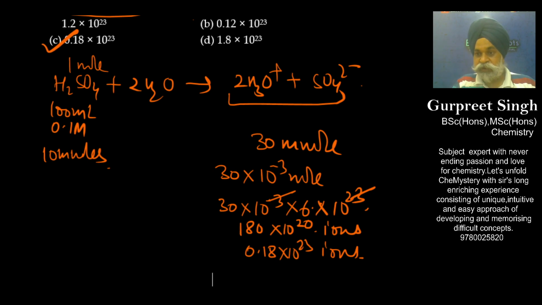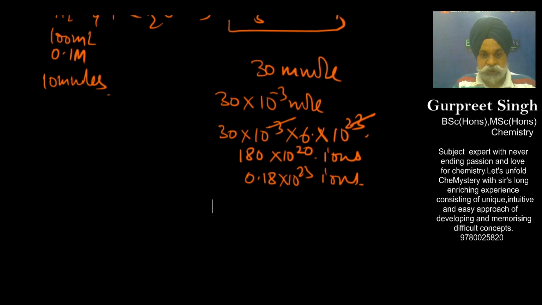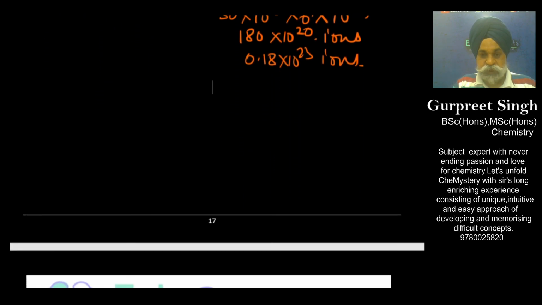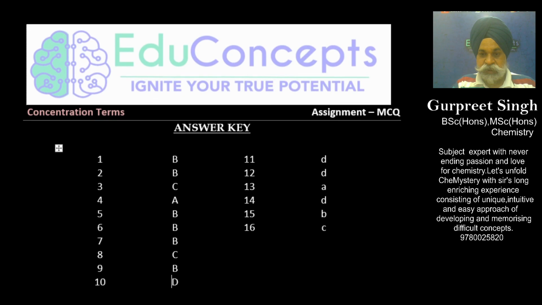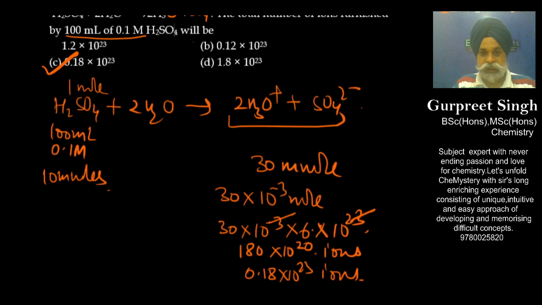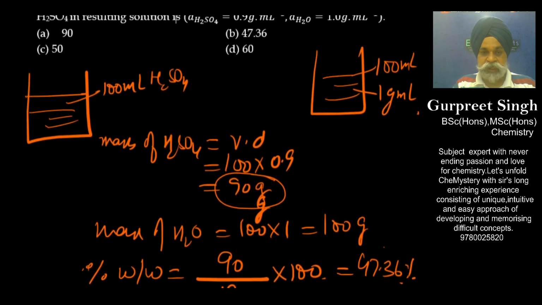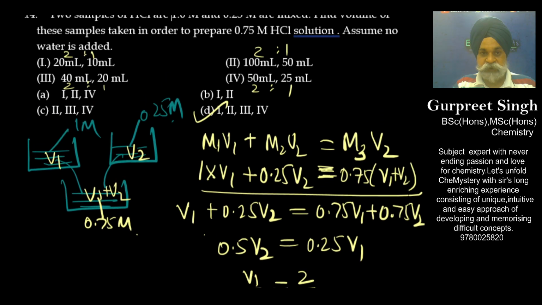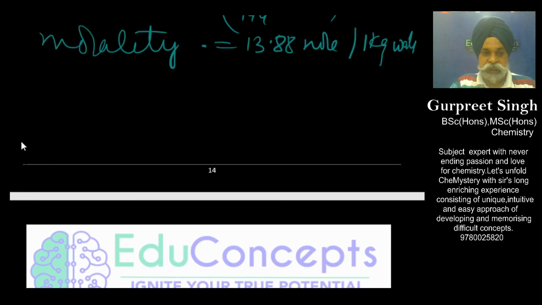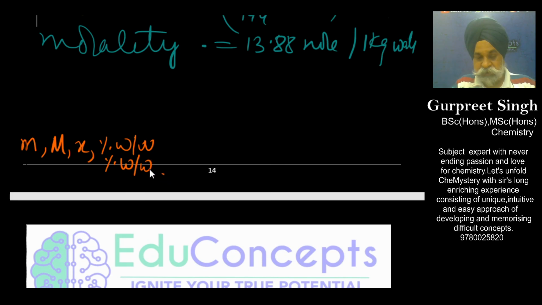So I hope you have understood all these questions. So we are almost through the total number of questions. So you can refer to now the options given in this particular sheet. You can cross check it once again. So I hope now you are feeling quite strengthened with the topic of concentration terms through the problem solving, where we have discussed about molarity, molality, mole fraction, percentage weight by volume, percentage weight by weight. So these are some of the terms which came across in these questions while solving it.